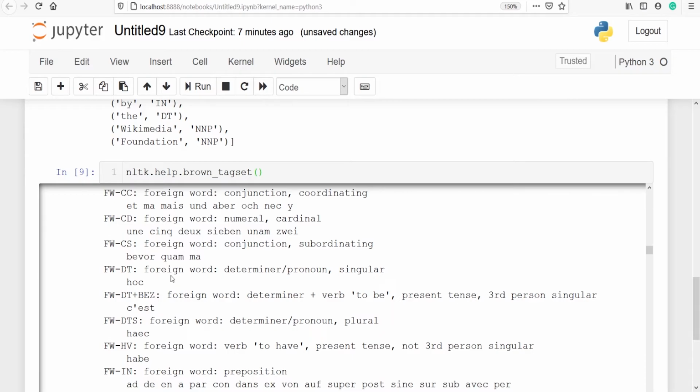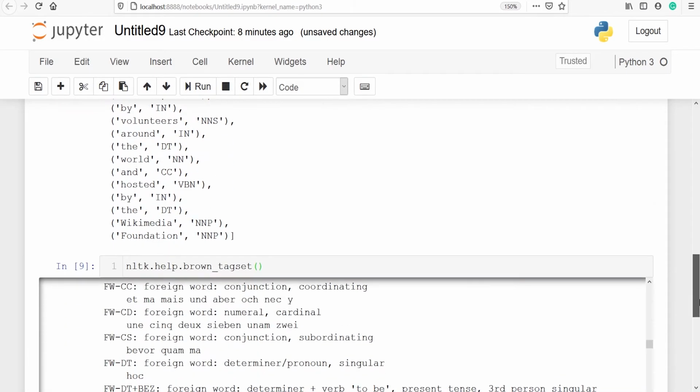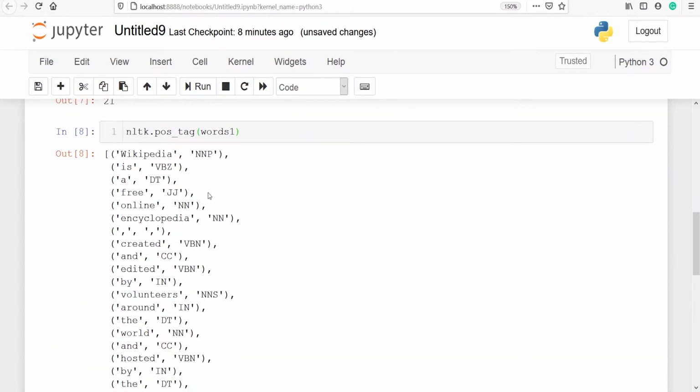For example, DT is determiner or pronoun. Then we have CD, which is numeral cardinal, and here you will see that we have got some short forms such as NNP, VBZ, DT, JJ.